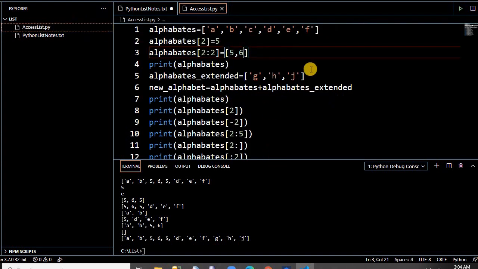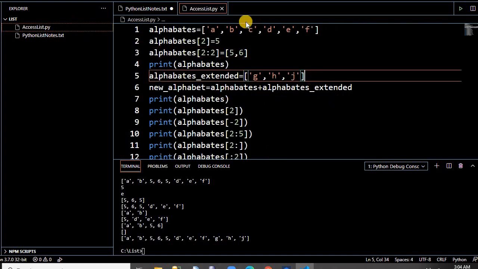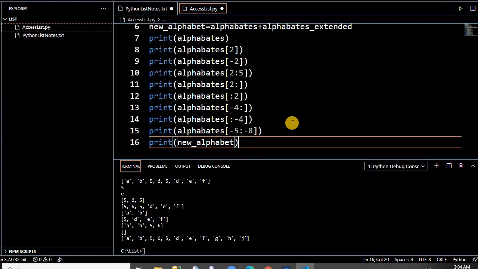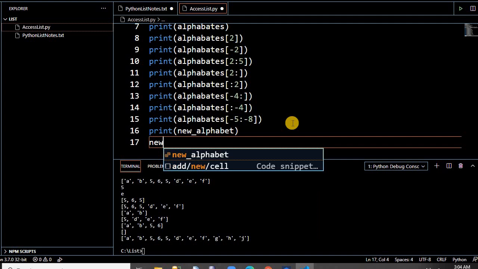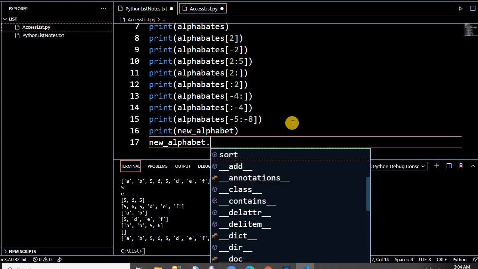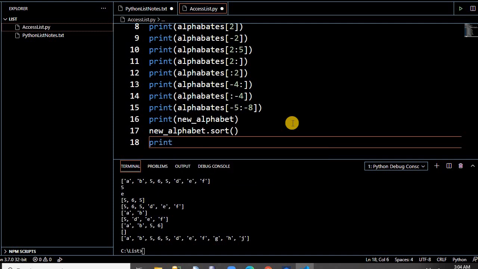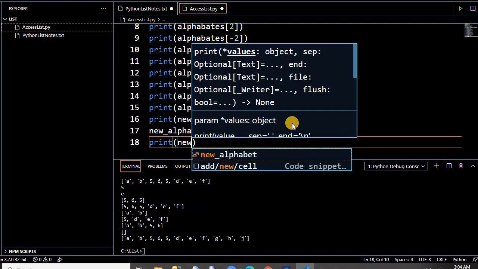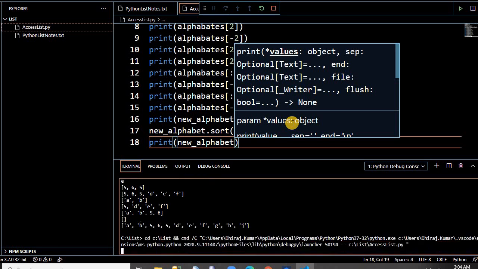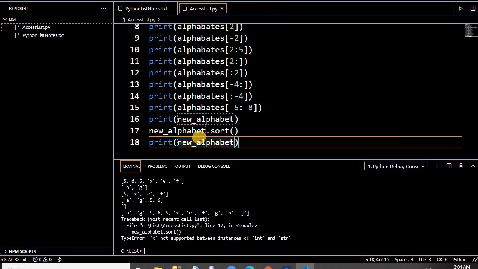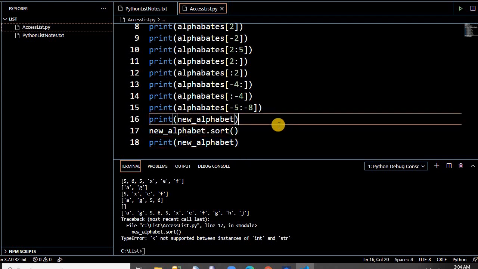We have sort also. I want to sort this. Let's unsort this: if we write something like G, or X here, and then sort it. It's a simple way. We write the list name, and then all the methods will come up. If you run this, it errors because it contains a number also.